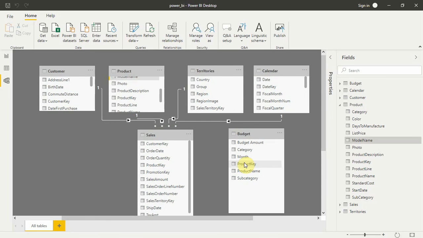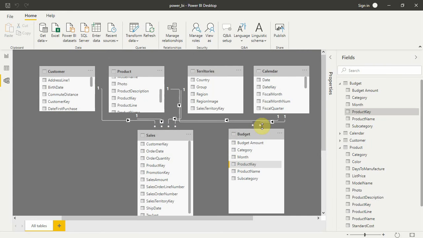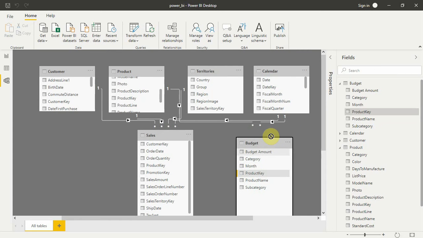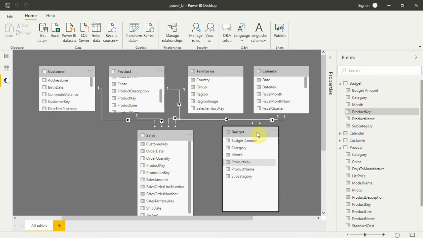And as for budget, we'll link the product key to, again, the product key, and finally we'll link the month to the date in the calendar. All right, we are done with the relationships. As you can see, these are one-to-many relationships, which I have explained, and all the arrows are facing towards the data key.